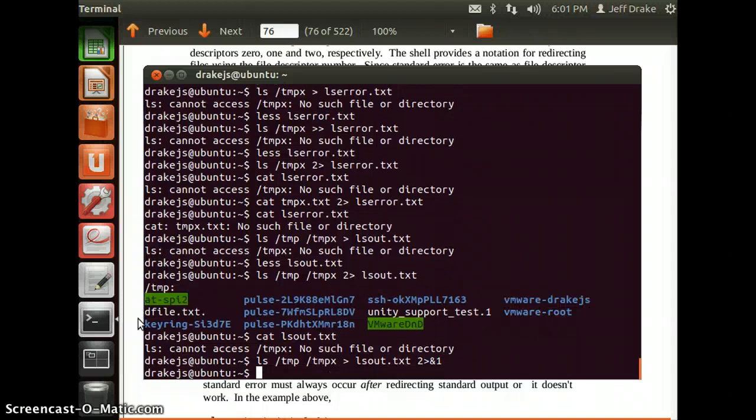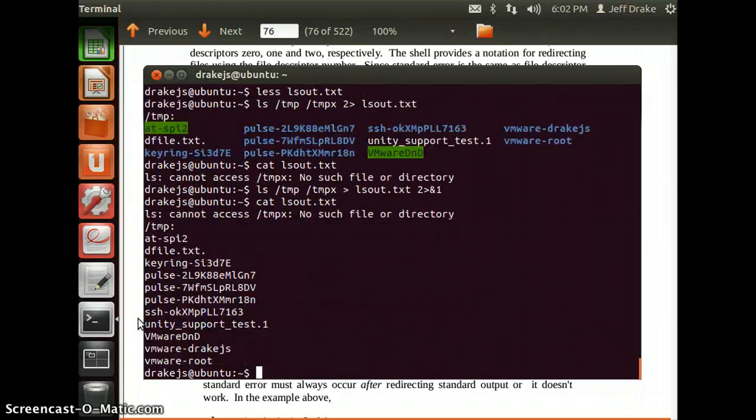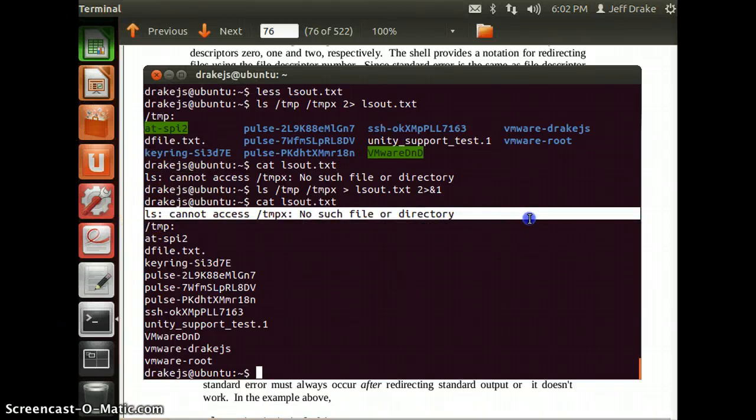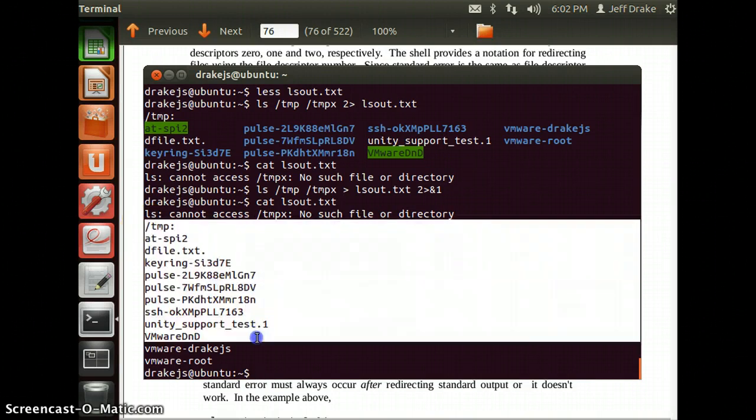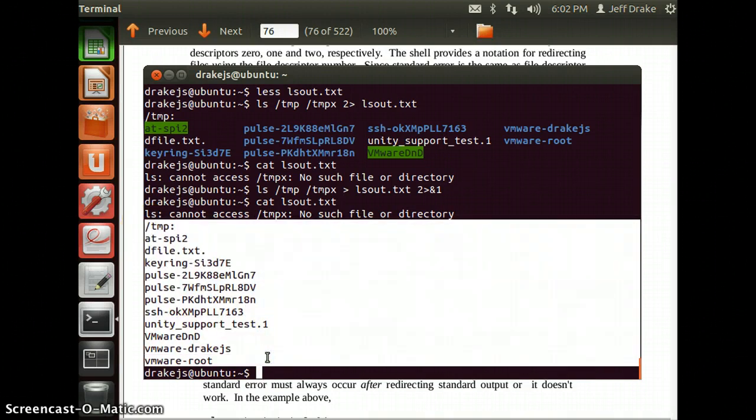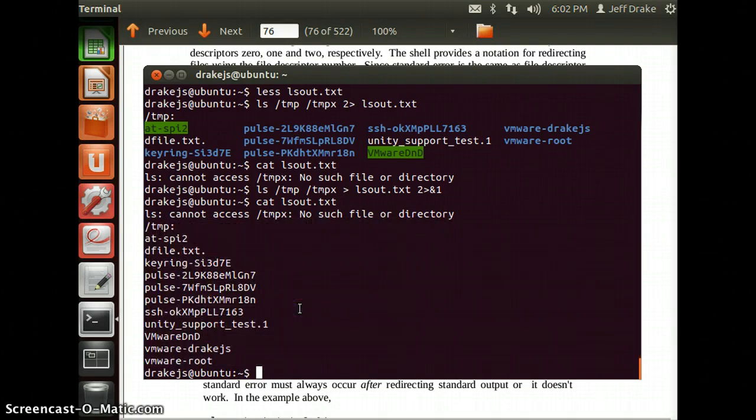Notice I get no output of any type or error of any type to the screen. I cat this lsout file. So here I see the error message: ls cannot access tmpx, no such file or directory, and then I see the listing of the /tmp file. So I've redirected both the standard error and the standard output to this file using a single redirect